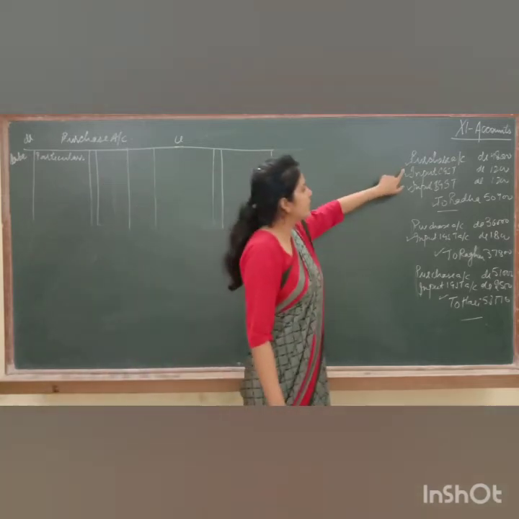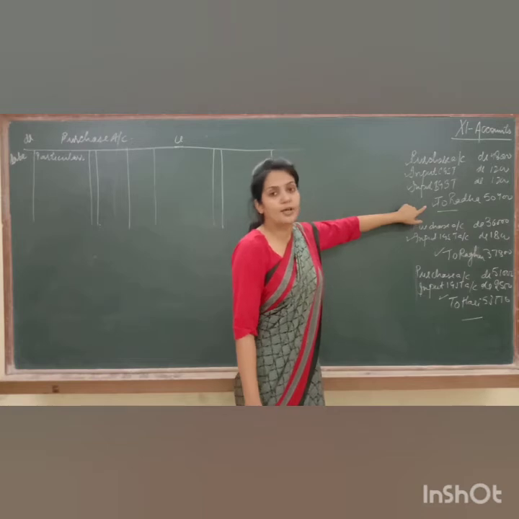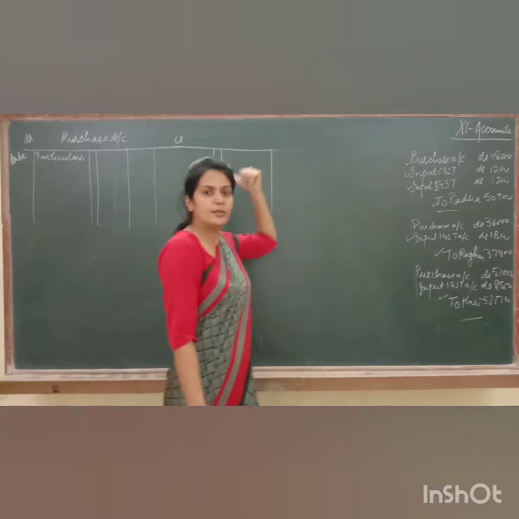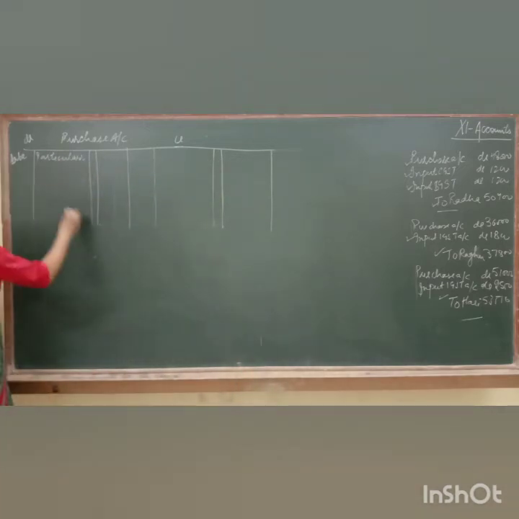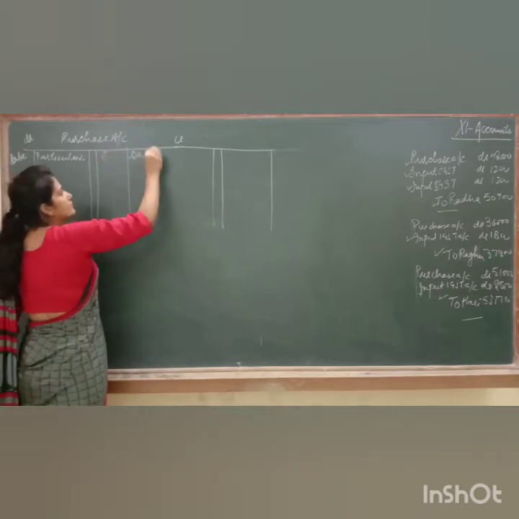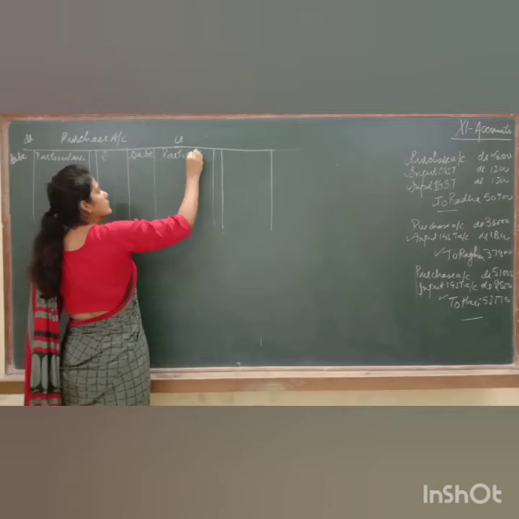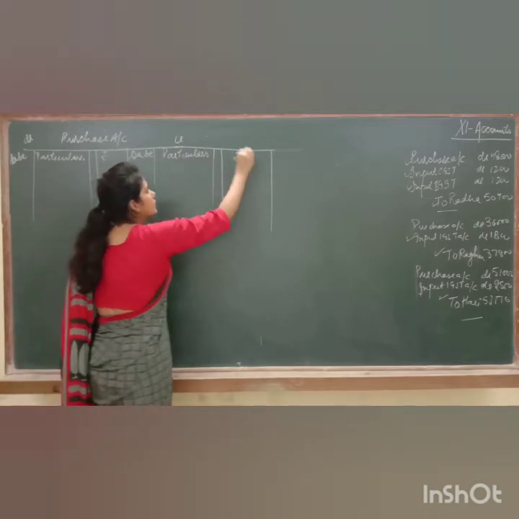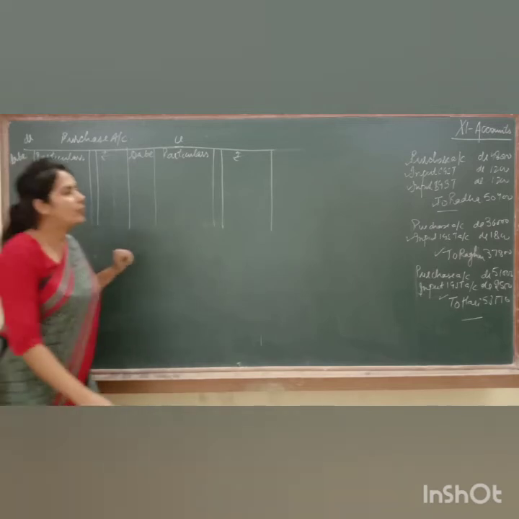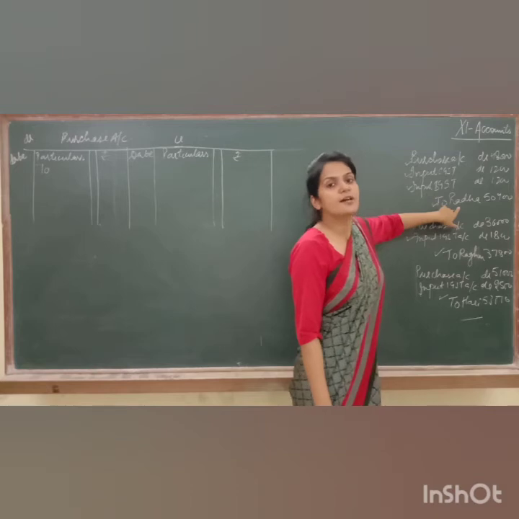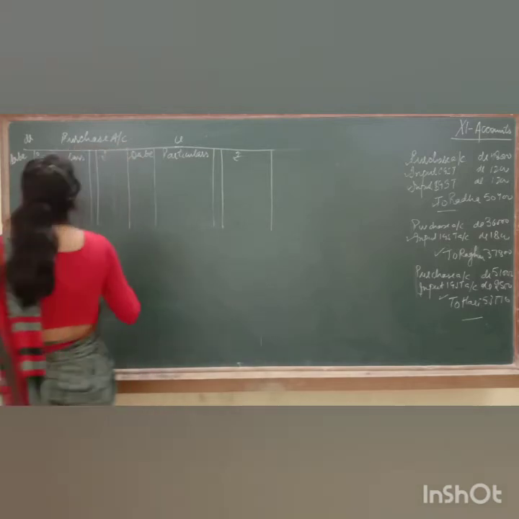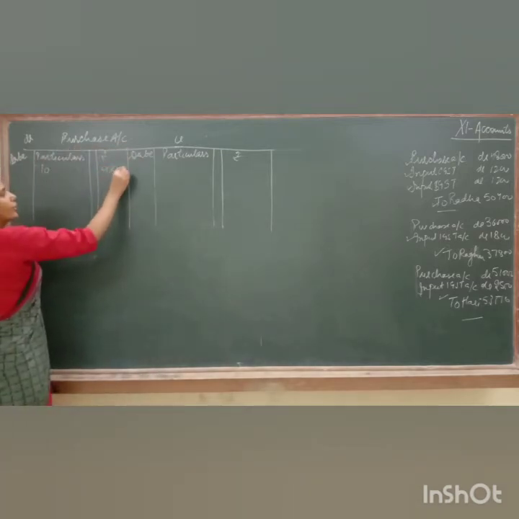First transaction: purchase account debit, input CGST, input SGST to Radha. This is a compound entry. Fine. In this purchase account has been debited, so entry will be on debit side. Now whatever we write on debit side, that always starts with the word to. Now purchase account has been debited because of Radha. Fine. But purchase account has been debited by rupees 48,000. So write 48,000 in amount column.